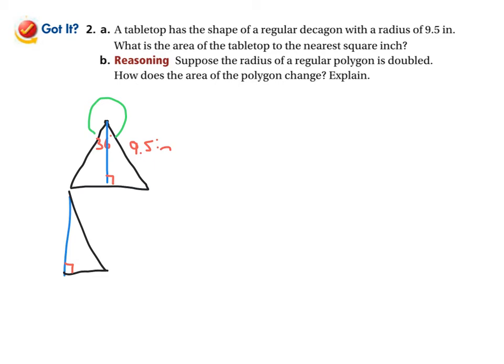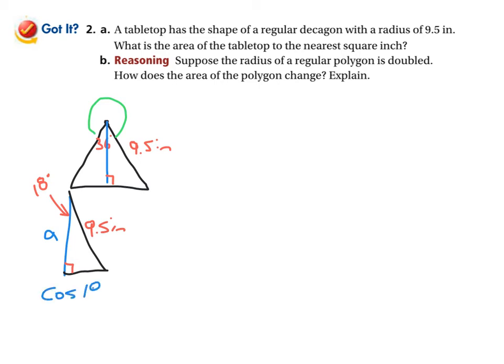And now that angle up here is actually only 18, half of the 36. And we know that this is 9.5. So the first thing we want to do is find the apothem, this blue length right here, okay? So compared to this angle right up here, which two sides do we have? Well, we have the adjacent side and the hypotenuse. Adjacent and hypotenuse is cosine, so we can say